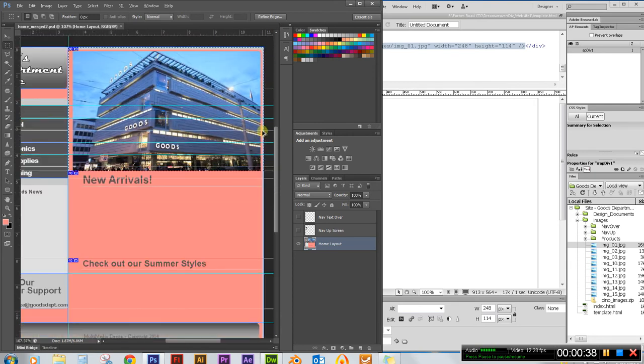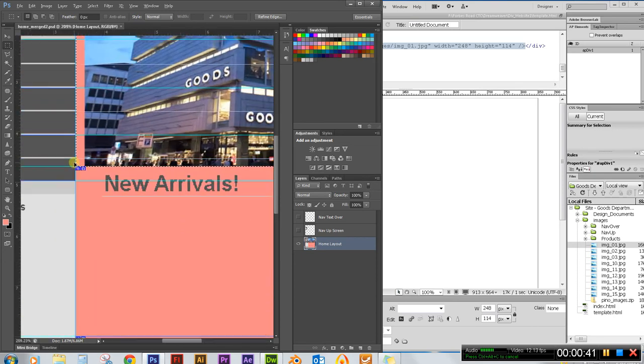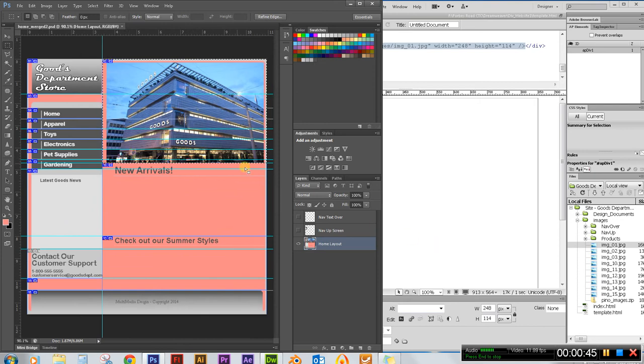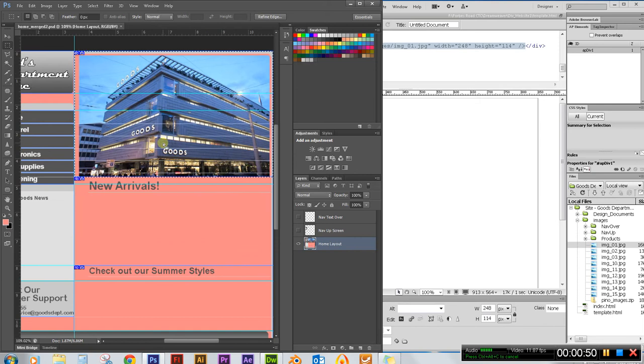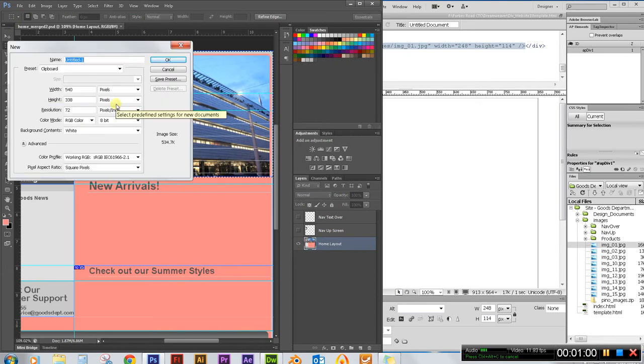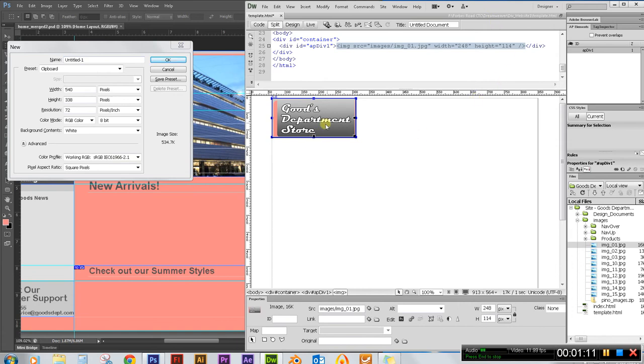So this whole area, make sure you include the border, that's fine, because that's what was exported for the actual image. And I'm going to do a Control Shift C, Control N, that is copy merged, and then File New. And it gives us our widths here. So I'm going to go over to Dreamweaver,